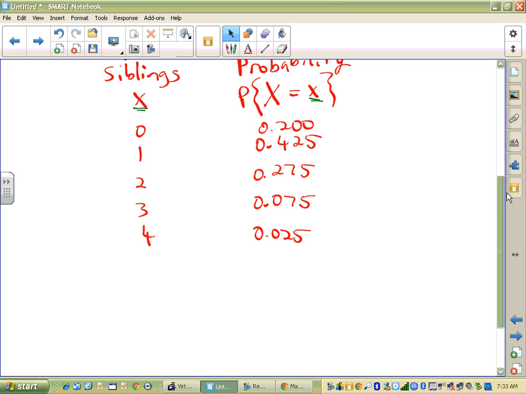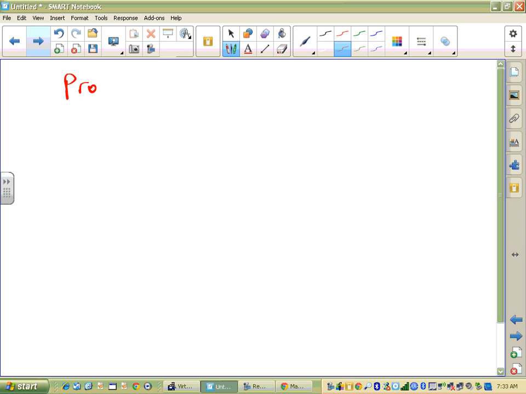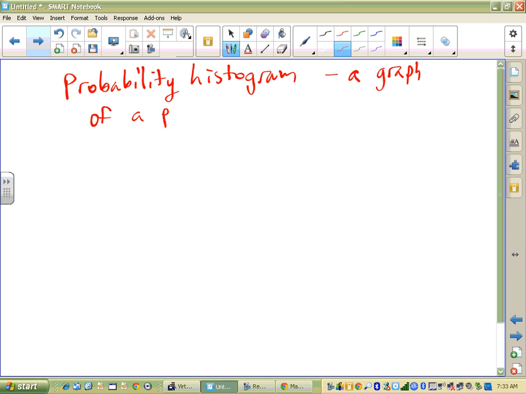Okay? All right, so a probability histogram then, our next definition. We've seen histograms. Remember when we had a relative frequency table, then we made a relative frequency histogram? Well, a histogram is simply a graph. It's kind of like a bar graph. It's a graph of the probability distribution. If I was smart, I would have cloned the word probability and just kept on pasting it because it comes up a lot. But it's a graph of a probability distribution that displays